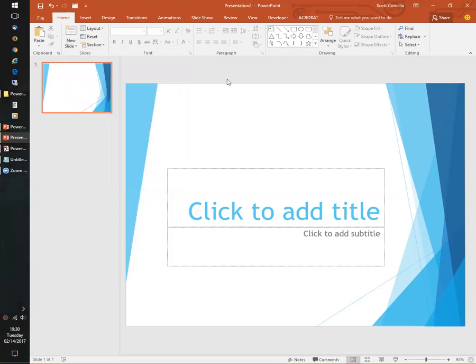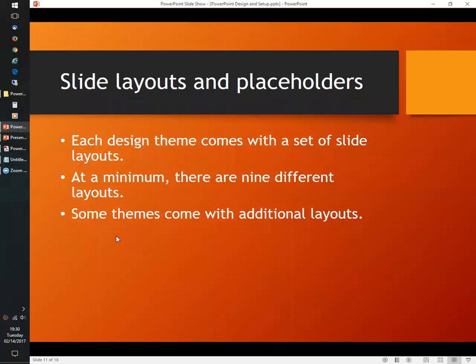All right, so right now I've got a basic slide with a layout. So let's talk about this. I've been talking about the slide layouts. Each design theme does come with a set of slide layouts. At a minimum, there are 9 built-in layouts in PowerPoint. Every theme is going to have those, unless they've somehow messed up and deleted them by accident. As I said, some themes may come with additional layouts. When I created design themes for my previous company, I added tons of these, and you'll see why. I'll talk about that in a minute. I had somewhere upwards of 24 different layouts in the design theme for my company. And you'll see why I like that in a minute.